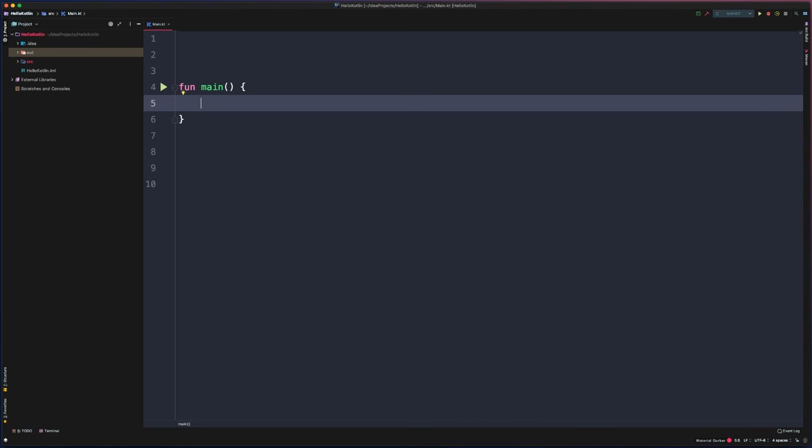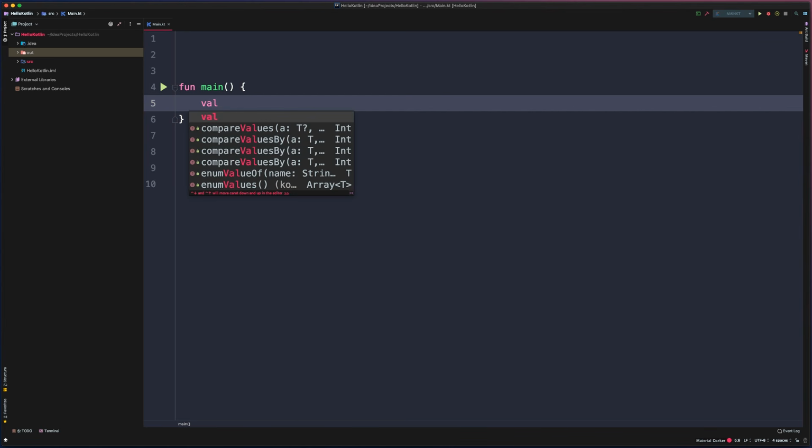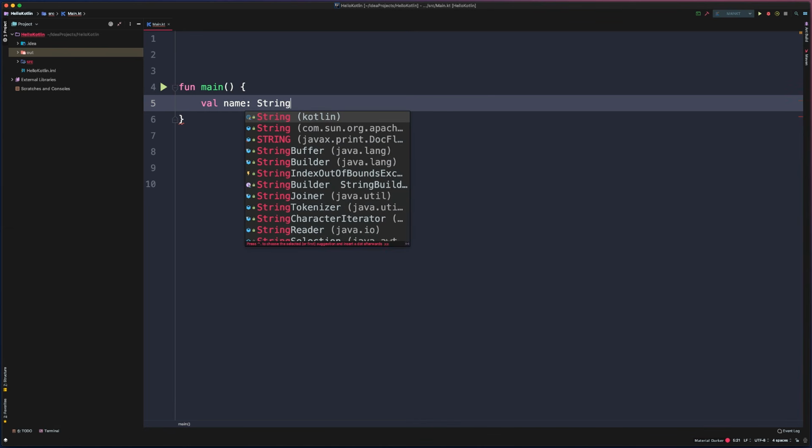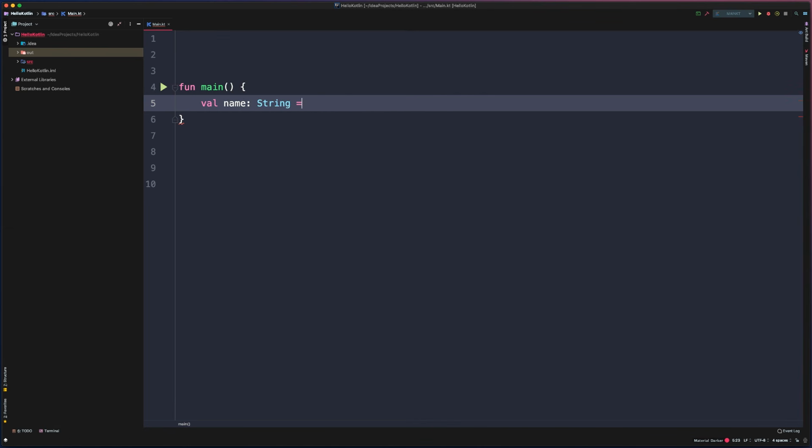So to define a variable, we can use the keyword of our choice. So in this case, we'll use val. Then we'll define the name. And then we need to indicate the type. In this case, I'll say of type string. And then you can use an equals, and then you can assign the value to this variable. So in this case, I've defined a variable called name of type string, and then I've assigned the string literal